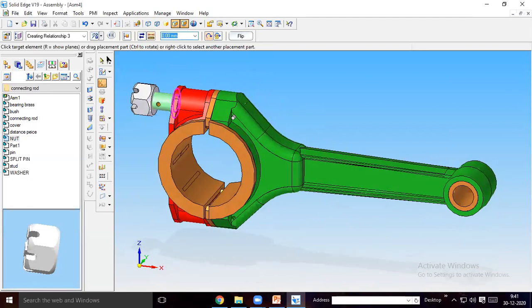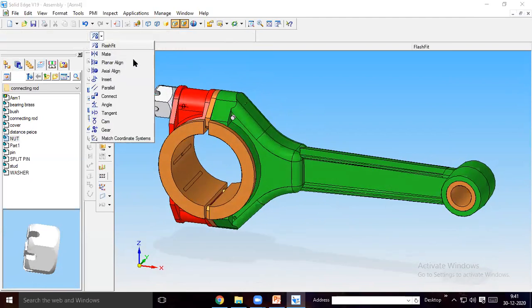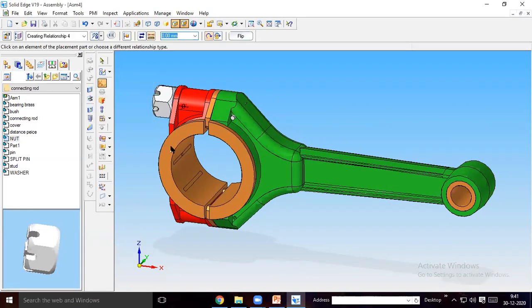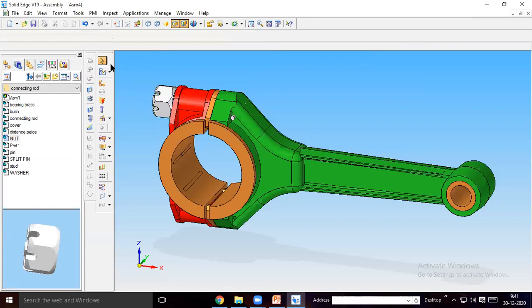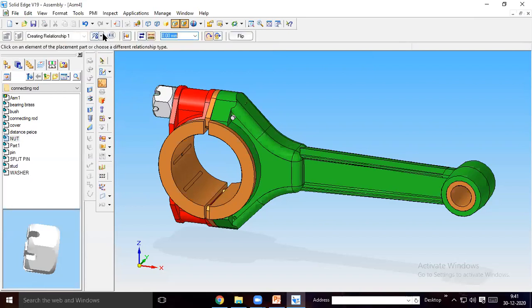Okay, make the alignment proper by selecting one of the faces. If something goes wrong, you again use the select option, go to flush fit, select this face and this face. The alignment will become proper.